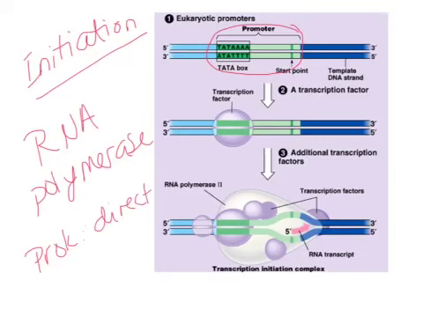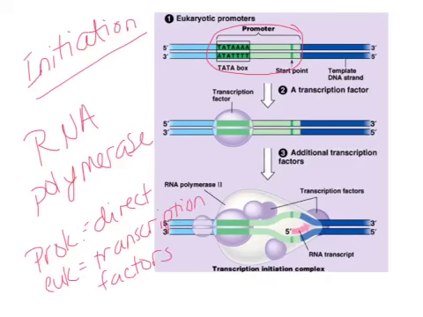In a eukaryotic cell, this is going to require transcription factors. Transcription factors are a series of proteins that help enable and facilitate the binding of this RNA polymerase. And again, these are only in eukaryotes. So in a eukaryotic cell, these transcription factors facilitate or aid in